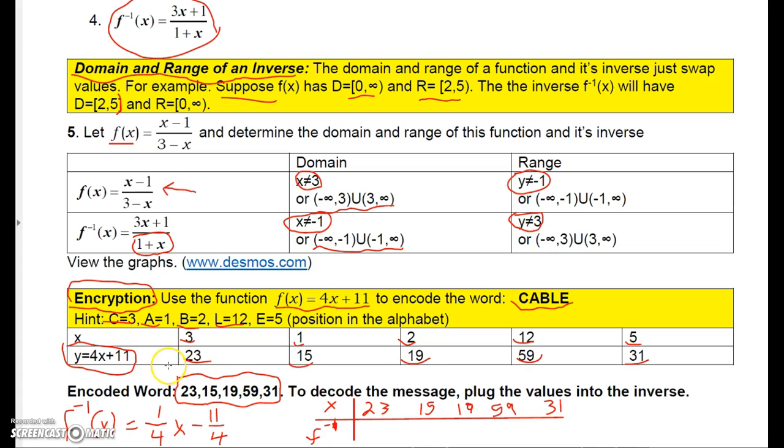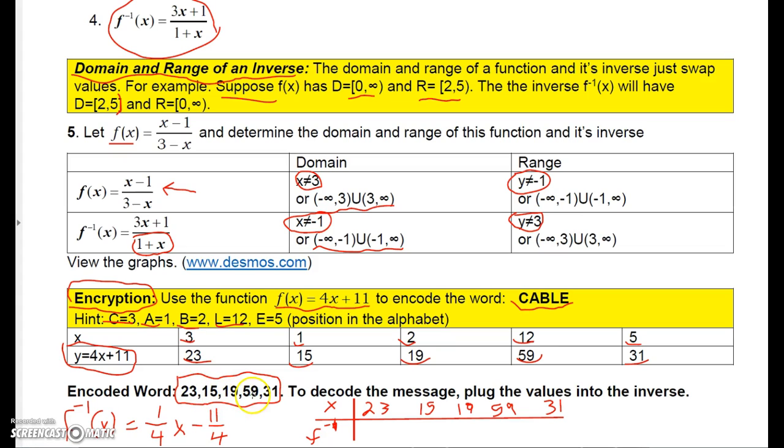encoded. So I've basically encoded or encrypted a secret message here, because these numbers don't really mean anything to most people. Okay? But if you and I were passing secret messages around, all you have to know is that I'm going to use this function here to encode the message. And remember earlier we actually had the inverse of this function, and it was 1/4 x minus 11/4. So if you knew that inverse, then all you have to do is take those same numbers,